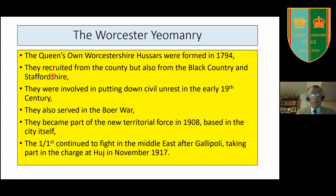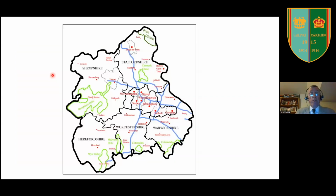And the first we're going to be focusing on, they continued to fight in the Middle East after Gallipoli, taking part in the charge at Hajj in November 1917, which is still recognised every year by the good people of Worcester. So that map I'll just briefly show you. There, of course, is Worcester. There's Birmingham, where I'm